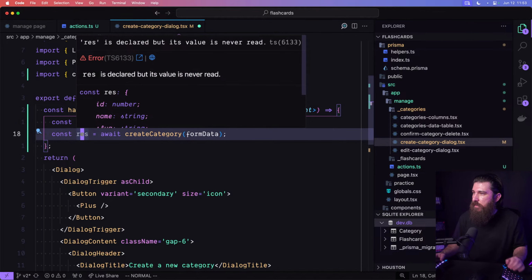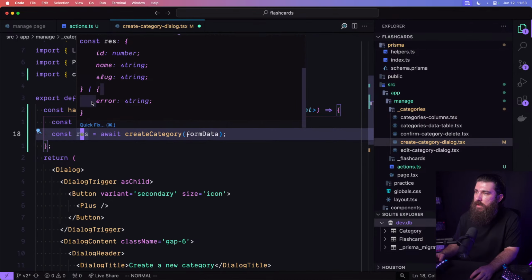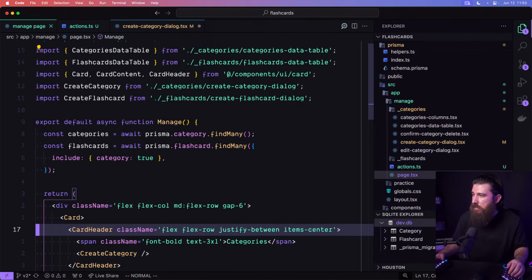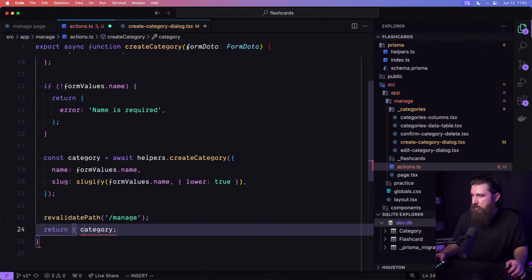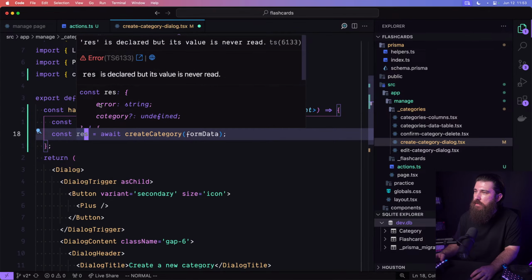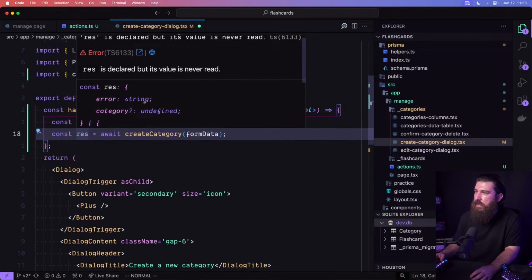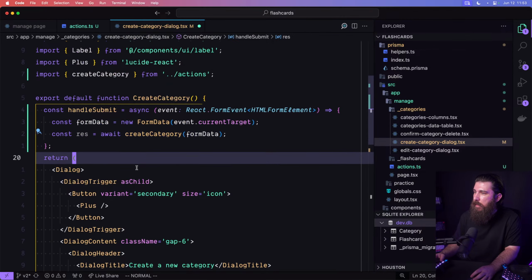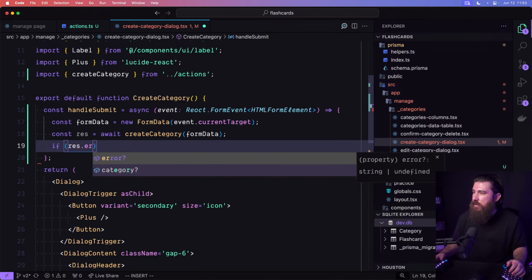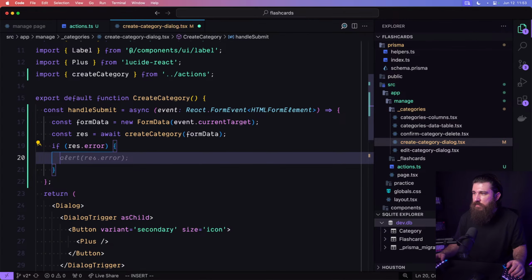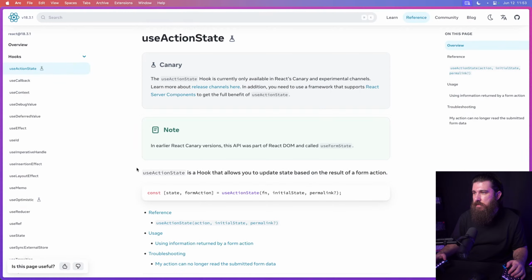Now, when we go here, we're going to see either an object or an error, and that's going to be our results. And I'm going to return category with the field. So here's how it's going to look like. They're going to have category, or it's going to have an error. That's it. If res.error exists, we have an error. We can do alerts using OBS Studio. We can alert it, although we could also, check this out,